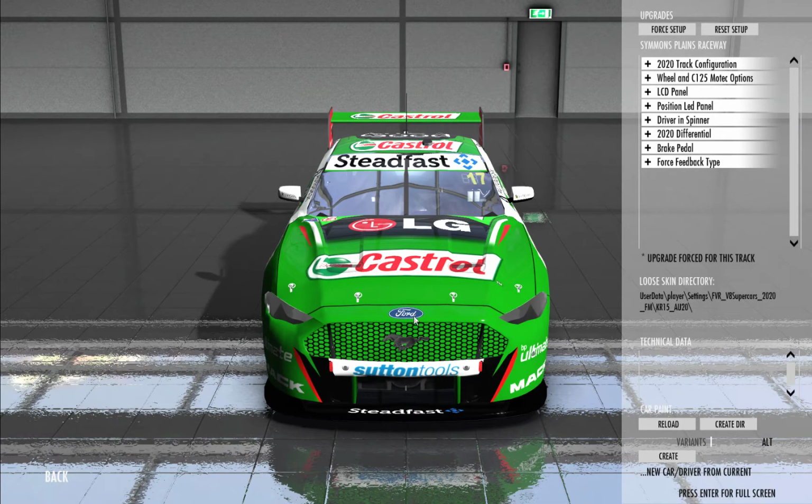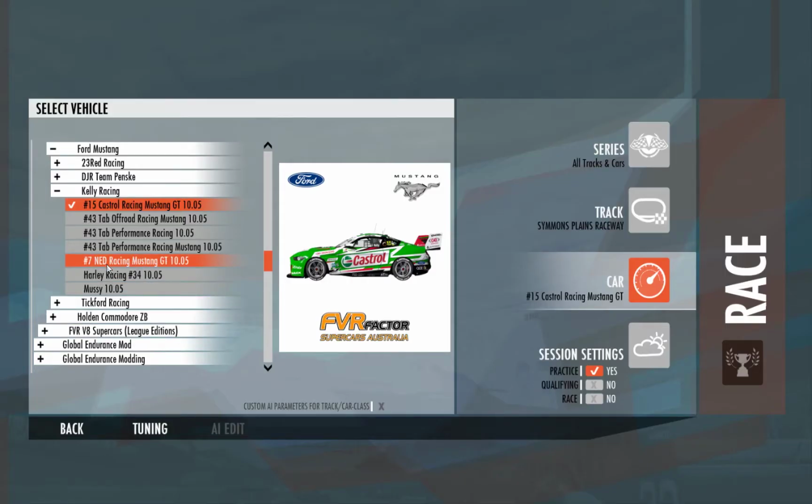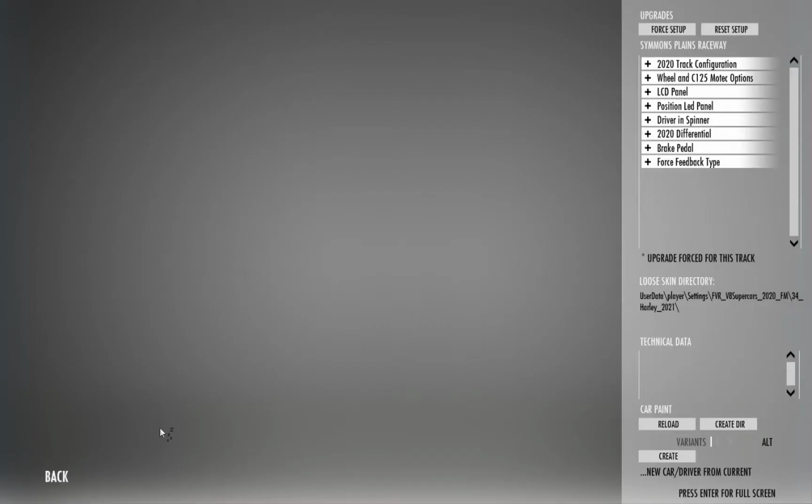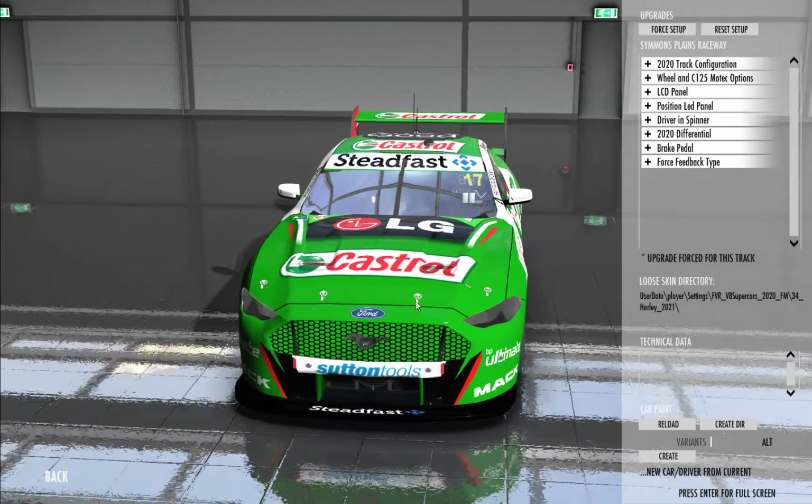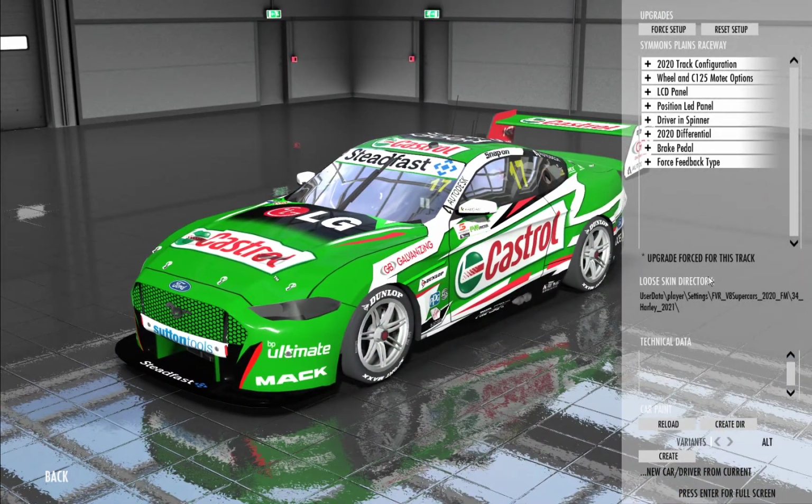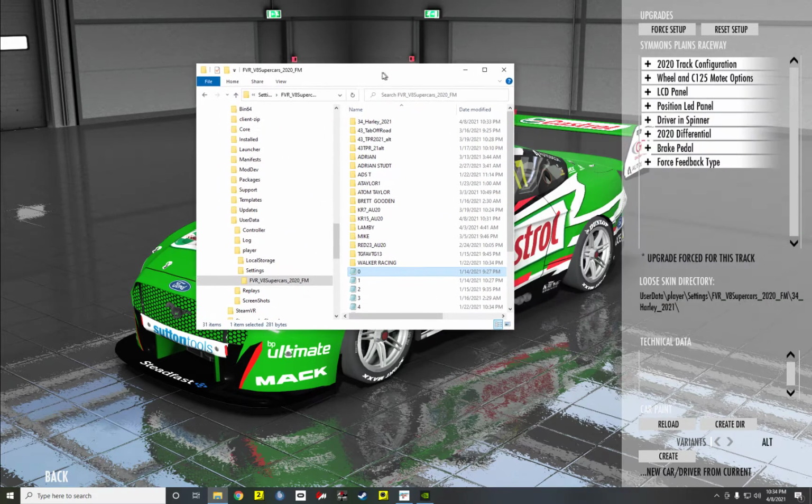It'll bring us right back to our Castrol car, but now if you click on back, you'll see in the list here that we have a Harley Racing number 34. You can select that car, go into tuning, and now you'll see under the loose skin directory that it is for that 34 Harley 2021. So now I will bring over the folder